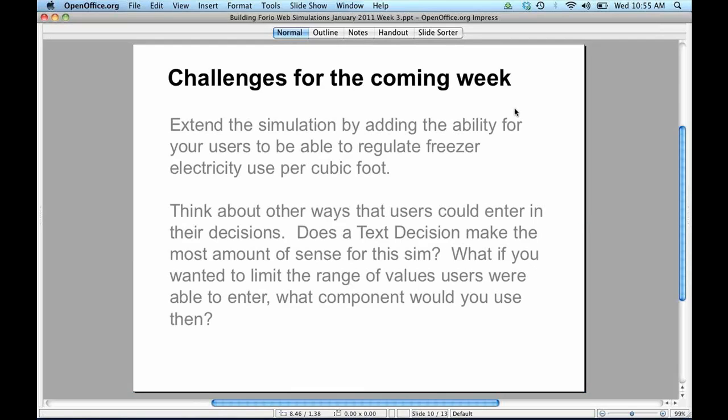So the challenges for the coming weeks would be to extend this simulation. Right now, we only gave people the ability to set refrigerator efficiencies, but policymakers could also set freezer efficiencies. How would you go about adding that decision to the simulation? Also, think about other ways that users could be entering their decisions. I just chose the text input because that's something that's super common, but does it really make the most sense in this case? What if you wanted to really limit the range of values that users were able to enter? What component would you use then? Because right now the text input is just boundless. You can enter in -1 million, and you could have the most